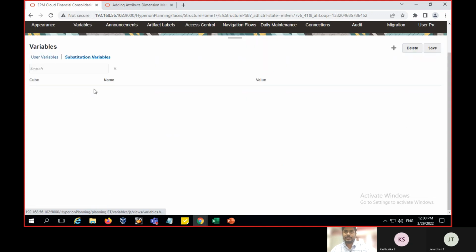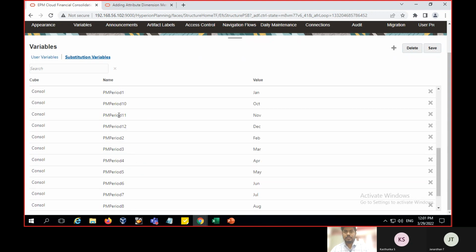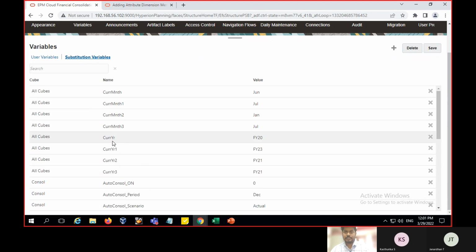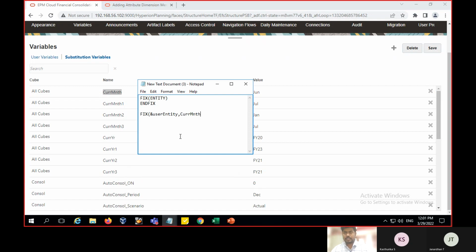Click on the substitution variable. I am taking the current month as a substitution variable, and copy it here and close it. Then ENDFIX